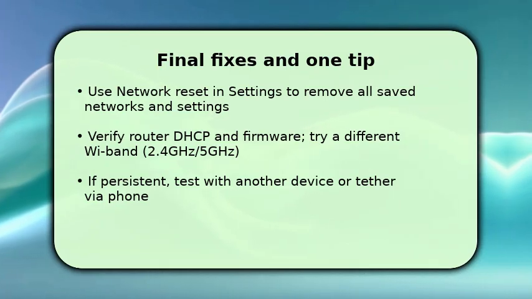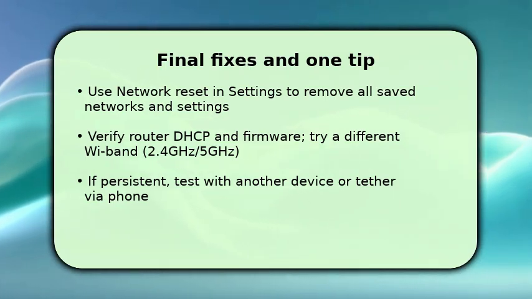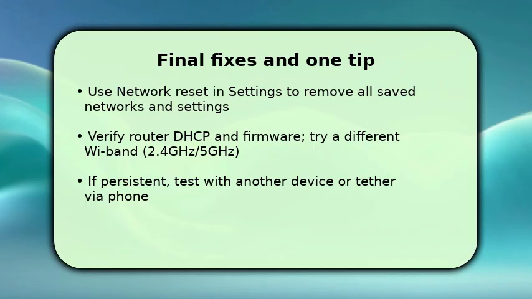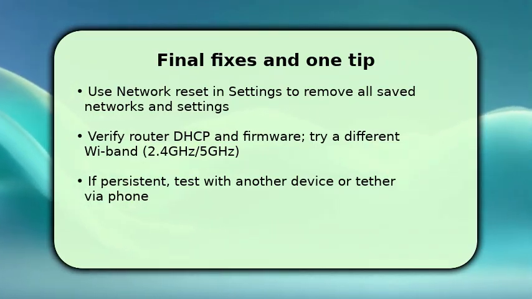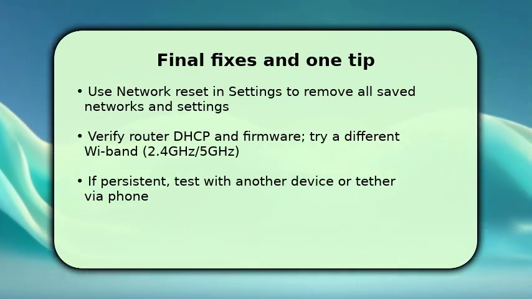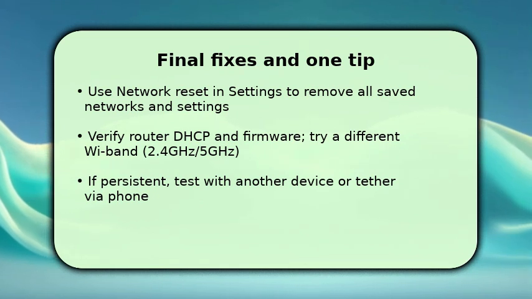Then check the router. Ensure DHCP is enabled and firmware is current, and switch bands between 2.4 GHz and 5 GHz to identify radio problems. Make sure to test connectivity with another device or tether your phone to isolate PC versus router faults. If nothing works, one key tip: boot the PC into safe mode with networking to rule out